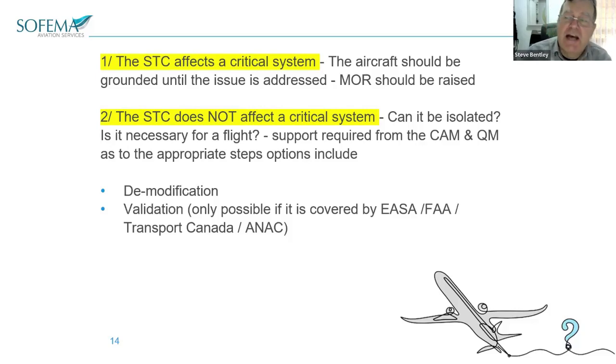And if I was that certifying staff and the quality manager or the continuing airworthiness manager said, okay, it's not a critical item, then you can release it, I'd say, okay, fantastic. Can you send me a document, please? Attach it to an email, send me a document giving me authority to release it on your behalf. So I would protect myself with a signed piece of paper. And if they said, okay, but the aircraft has to go, we don't want to make the airplane late, we'll send the paper later,